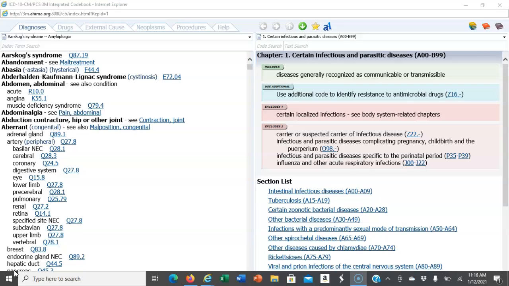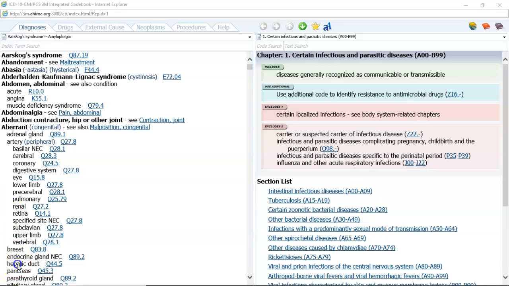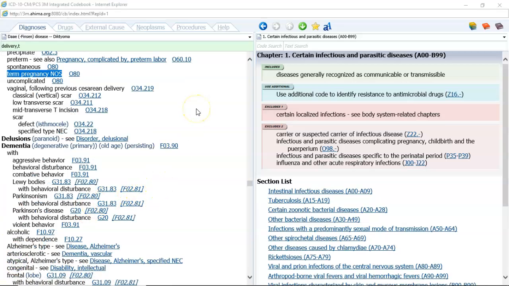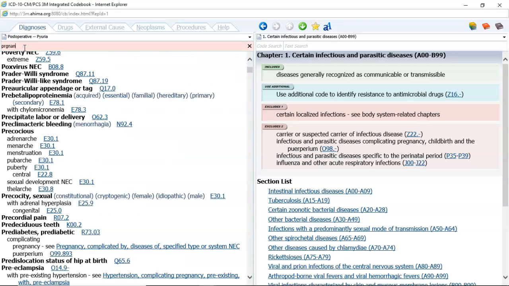So let's look at this example. Healthy 40-year-old prima gravida presents to the hospital at 37 weeks and delivers twins vaginally. This looks like a perfectly normal delivery, but it is not a single infant, so we cannot use our code of O80 because this is twins. Now, in the index for delivery of twins, you would think that you could go to delivery and then twin, but you cannot. You must go to